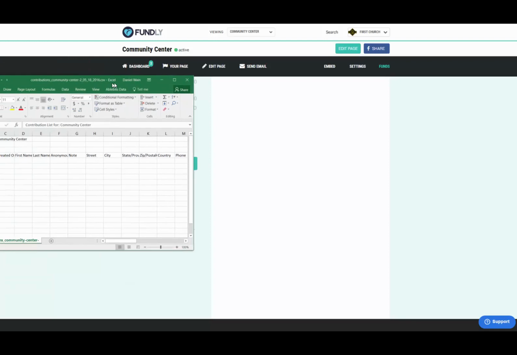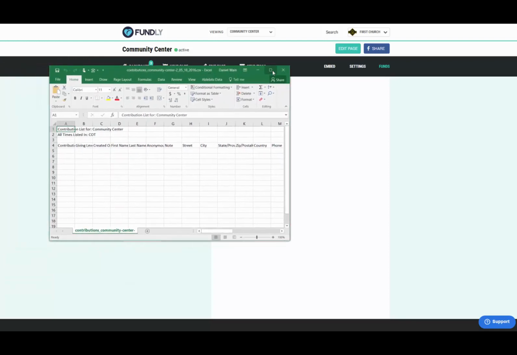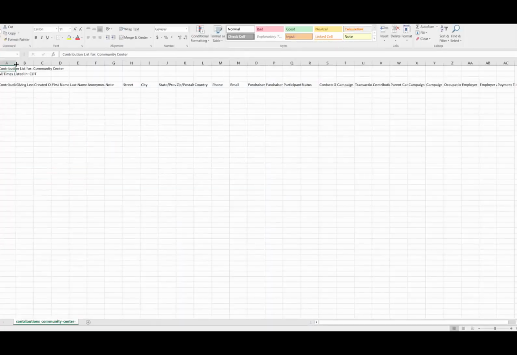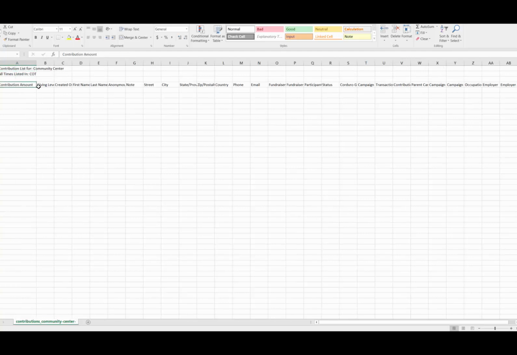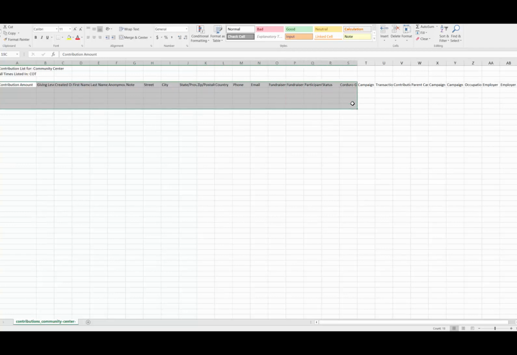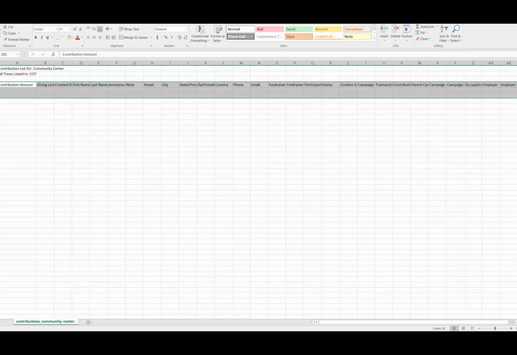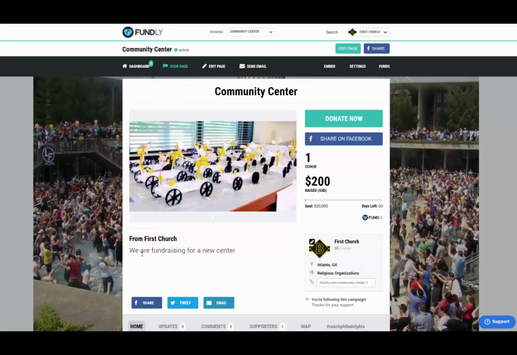I don't currently have any donors, but you'll notice the fields that are returned back to you as the campaign creator. The amount, the giving level, if one was selected, the names of the donors, whether or not they were a fundraiser with your organization, and additional fields. This is very helpful in getting the data back into your donor database so that you can cultivate those donors to higher levels of giving